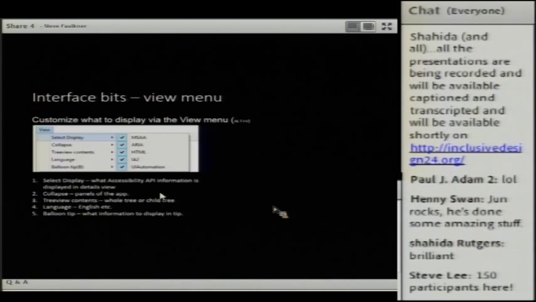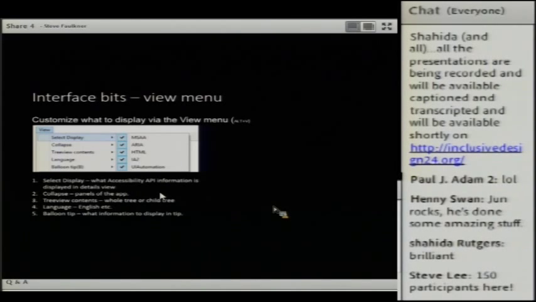The tree view contents. When we look at the tree view, you can either look at the whole tree, which will be the tree for the whole document, or you can look at just the particular control that you're looking at that particular time and its children. The reason why this is useful is sometimes when the tree is very complex, it takes a lot of computational power to actually produce the tree, and that makes it sluggish. So it's a way to circumvent that, but also you just might want to hone in on a particular part of the tree, and you're not interested in the rest of the stuff. So that's something that you can use for that.